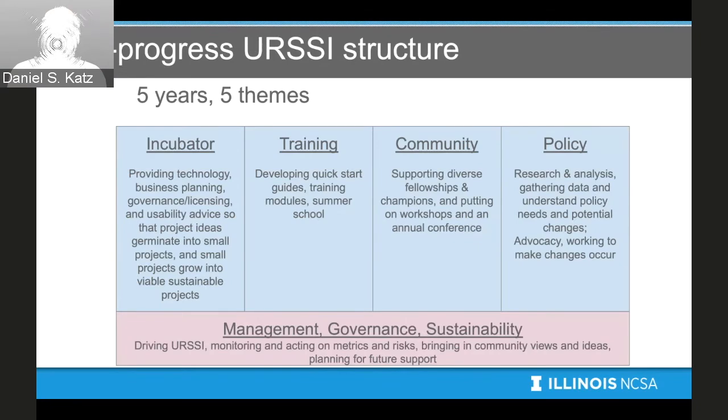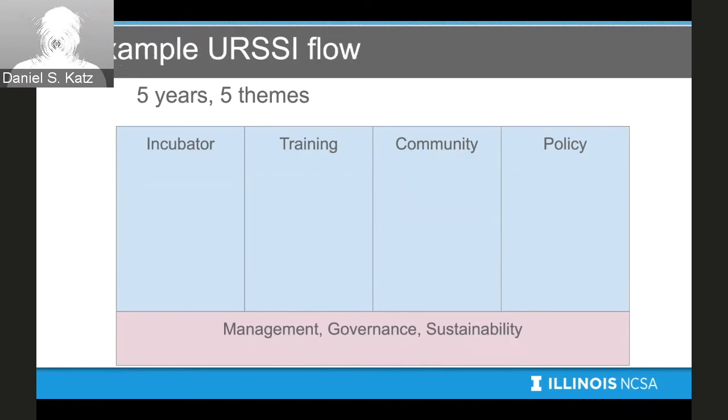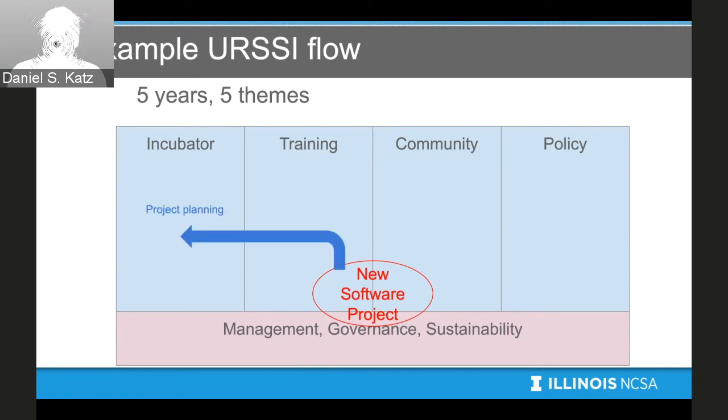So having said this, just to give a few different examples of how some activities might occur across these different areas. So one is that we have a new software project that comes into URSSI and wants to talk to us, and they want to take advantage of URSSI. So one thing that they could do would be to go to the incubator area and to do some project planning, either if it's brand new, what they should be doing to start, or maybe how they should be moving